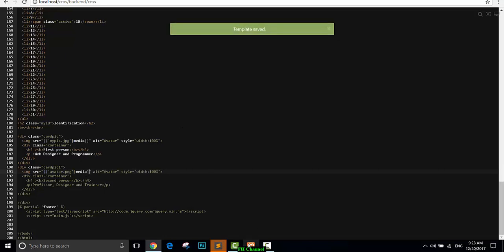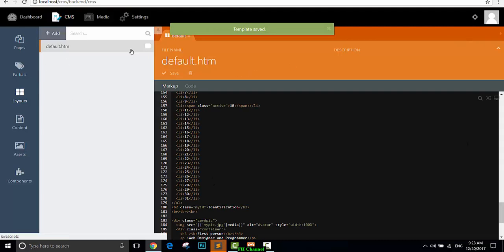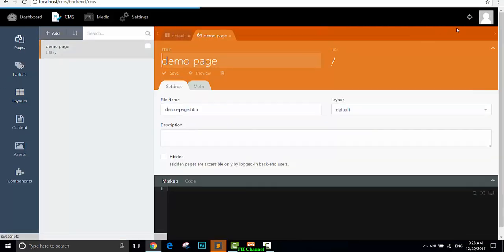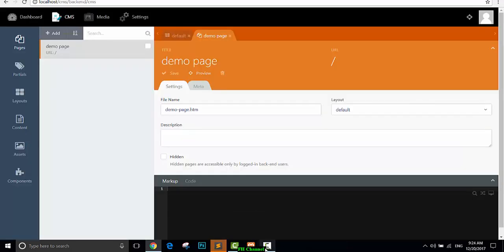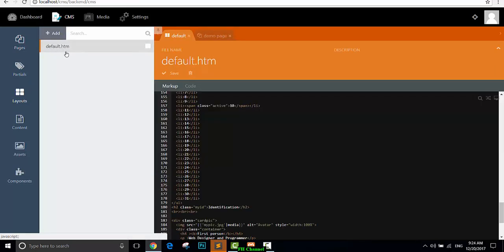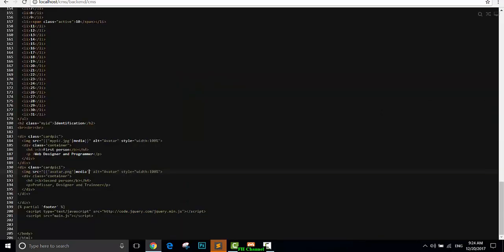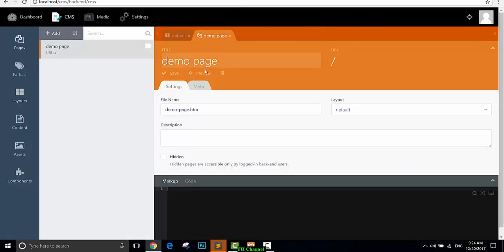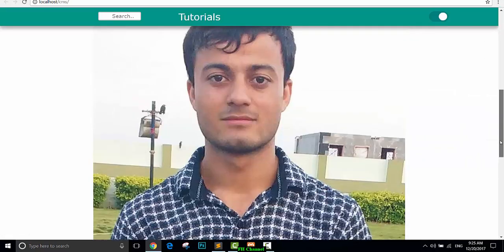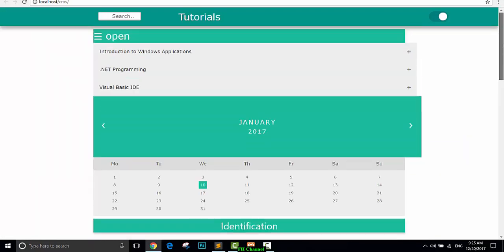Now Control S, minimize. Oh, I got an error, unexpected character. Okay, let me check it. Yeah, sorry, I didn't close this tag. So now our pictures are being displayed,